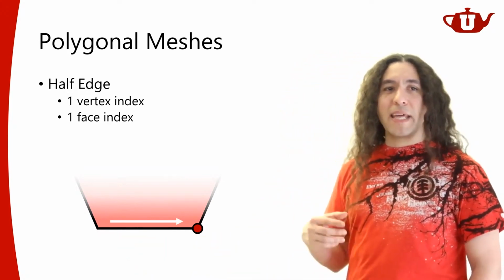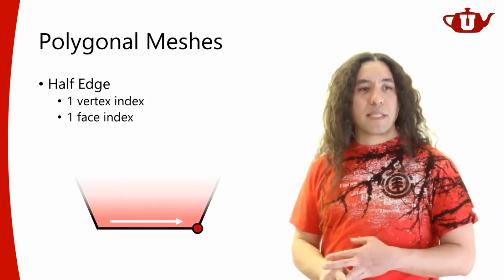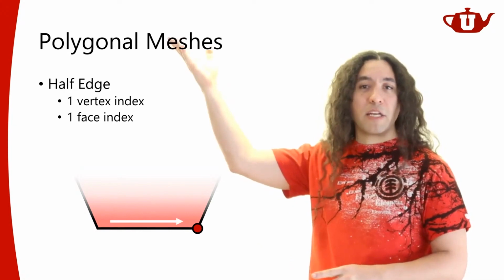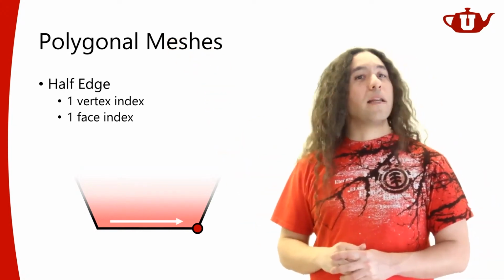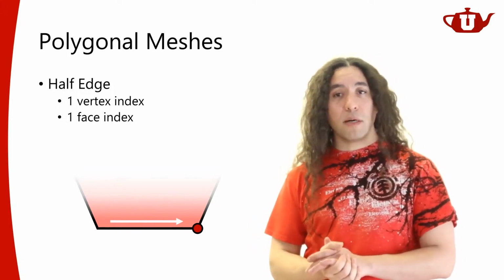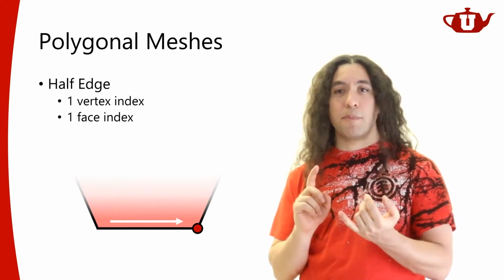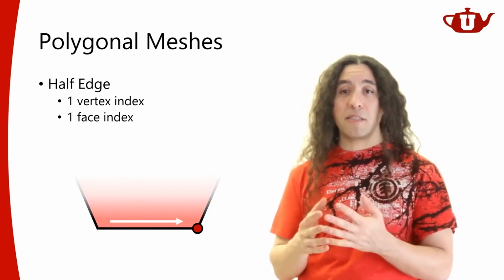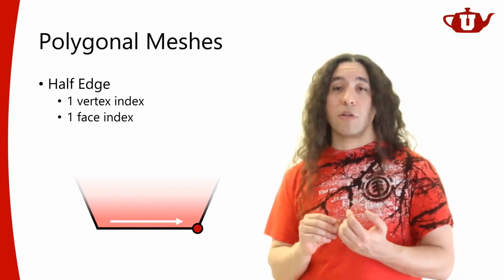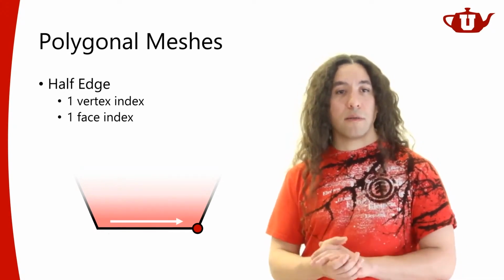And combining this edge representation with all sorts of vertex and face representation, you can form various ways of storing polygonal mesh data. And what exactly you store really depends on what kind of algorithms you want to run. At the minimum, you will need some way of representing vertex positions. That typically means you're going to have a list of vertices. And oftentimes you're going to need a list of vertices per face or per polygon.